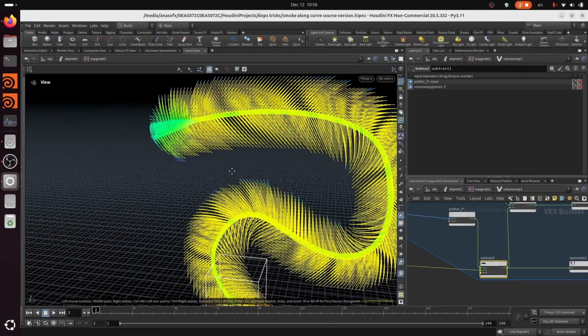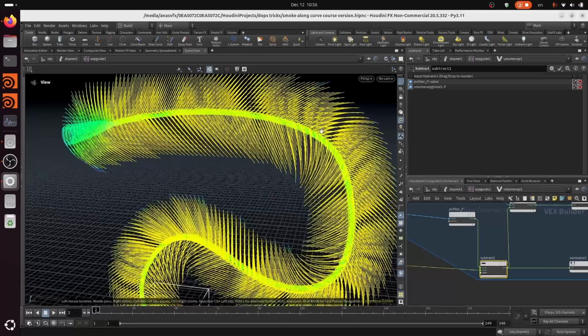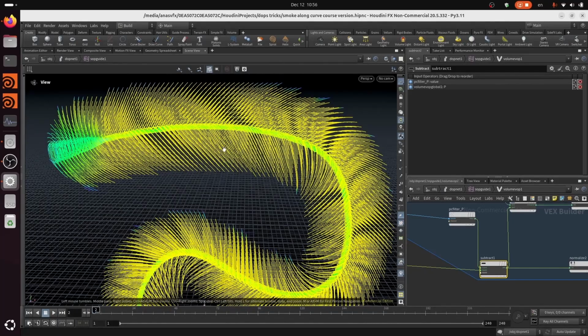What if we want to use this vector and add it as a control to be able to control our force when it is very near to the curve or far from the curve